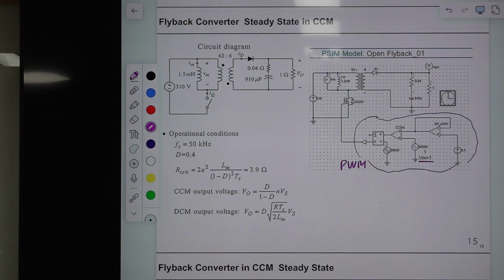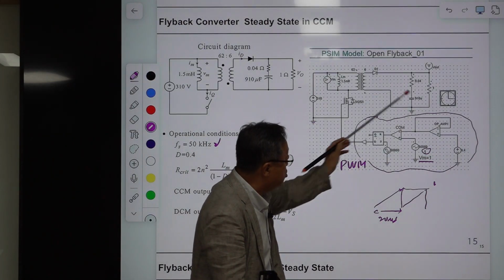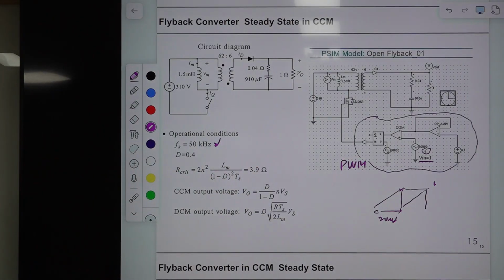So this is the open loop. The ramp signal is generated here, and the period is 20 microseconds according to this, and the maximum value is 1, VM is 1, and this voltage is 0.4. This is a unit gain buffer, so 0.4 is here, 0.4, okay. Then this is TS,